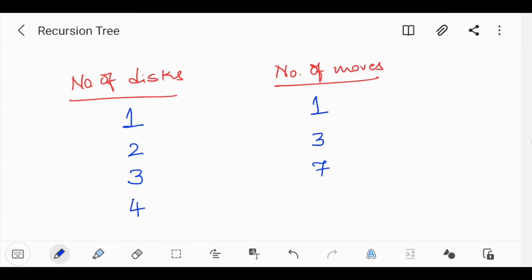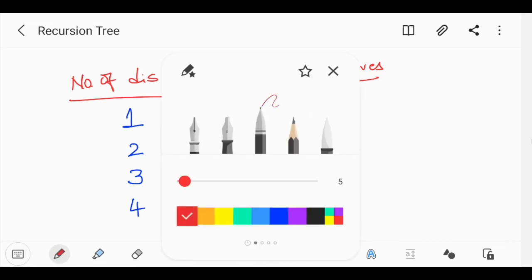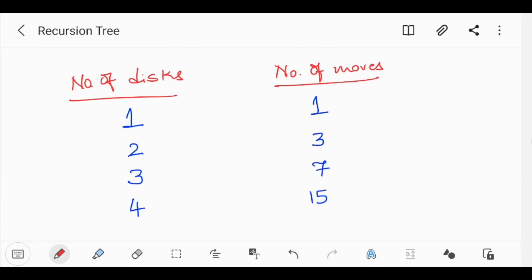For 4 disks, you will figure out a series of steps. You could do it as an exercise of solving it. You will see that the number of steps is 15. So there's actually a pattern being followed here, right? Then the pattern is something like this, right? So it would be 2 power 4, the number of disks, 2 power 4 minus 1,